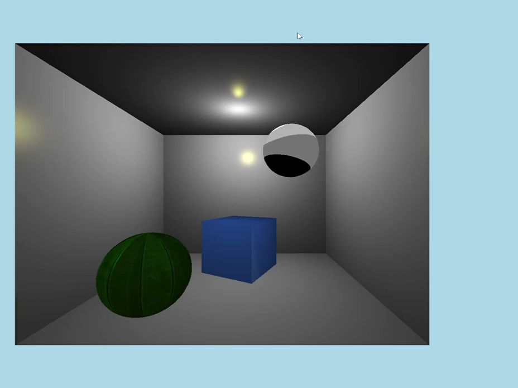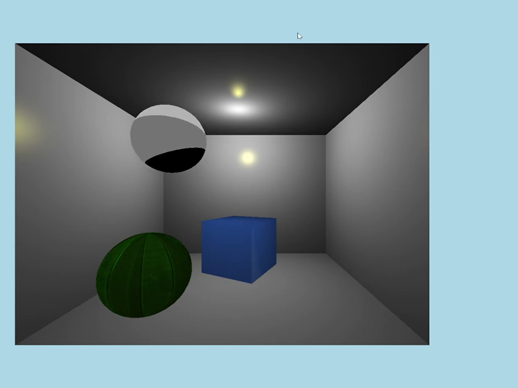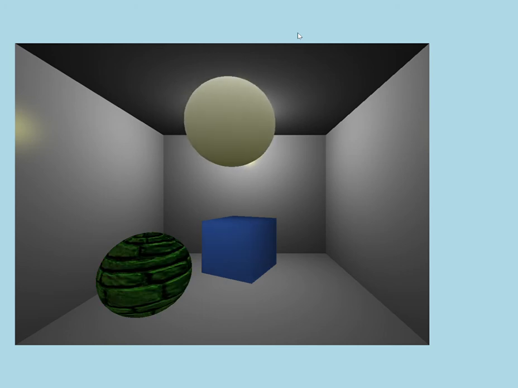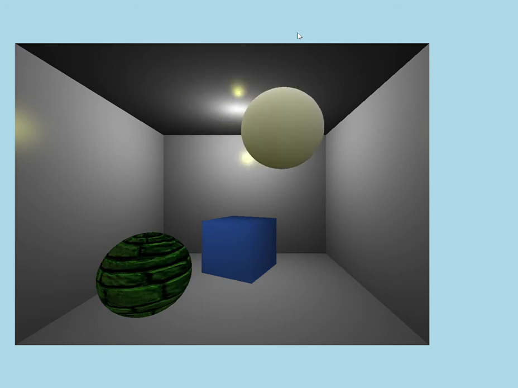The only other shader that I've developed, so I've gone through the transparency, the Gouraud, the Phong, the texture mapping, which you can see on the ball in this scene, the bump mapping. I've shown the transparency shader, I've shown the Toon shader. I did attempt to do